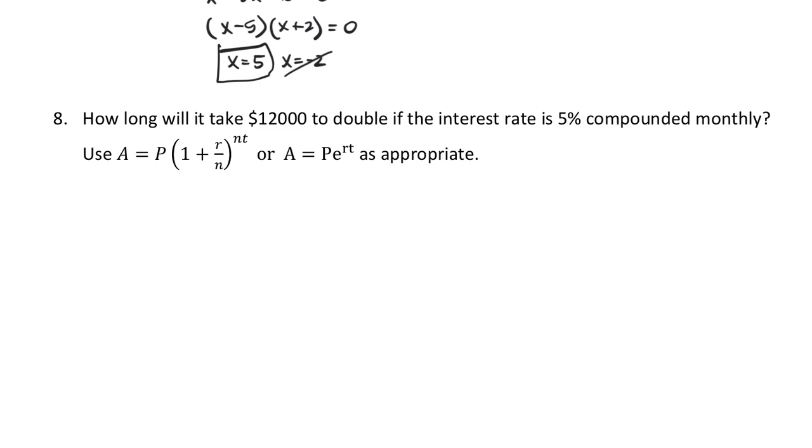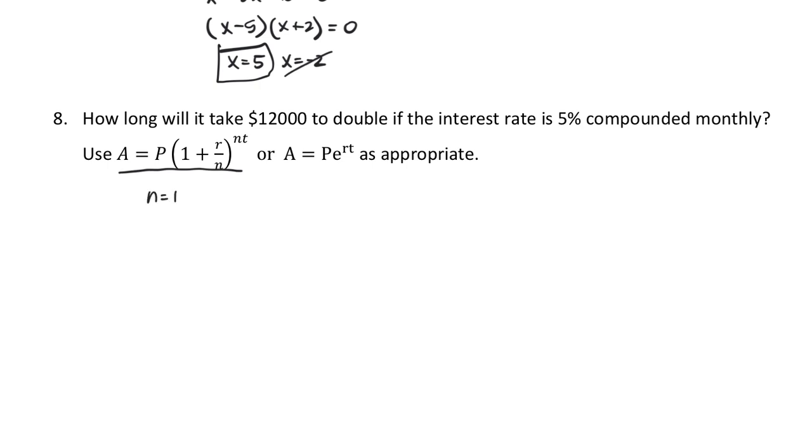Okay, question 8. We're solving for how long will it take? How long will it take is a variable t for time. Now, there's two possible equations that it says we can use, but we have to use the correct one for this particular instance. If it's compounding monthly, then this is the compound interest formula for compounding at regular intervals. This is the continually or continuously compounding interest formula. So since it's compounding monthly, we're going to use this,